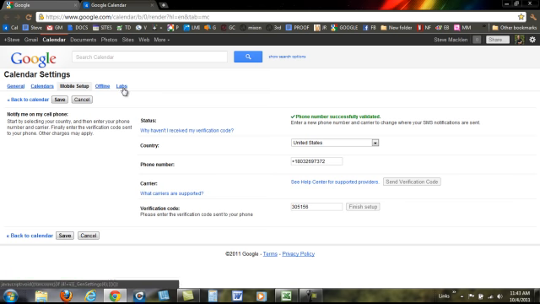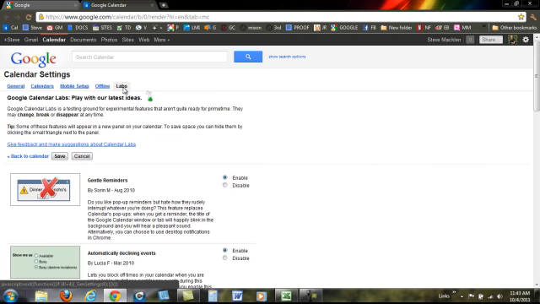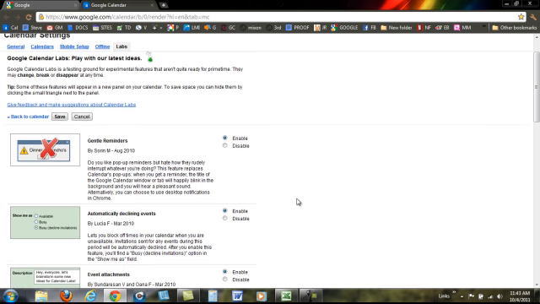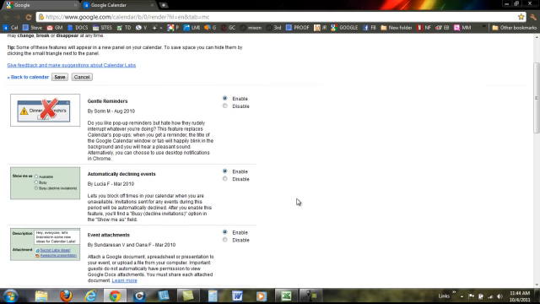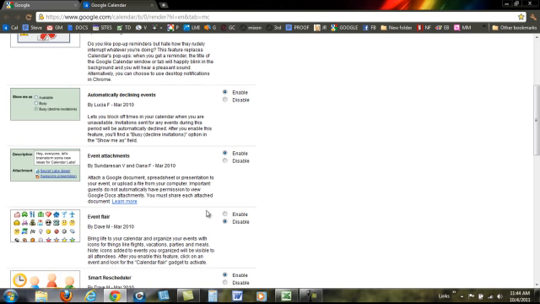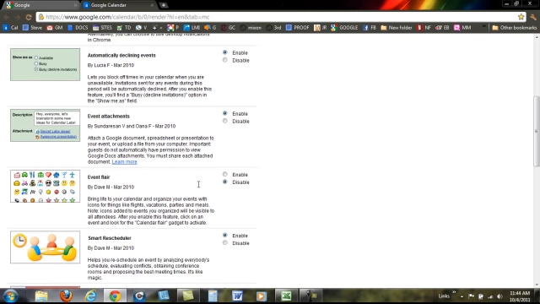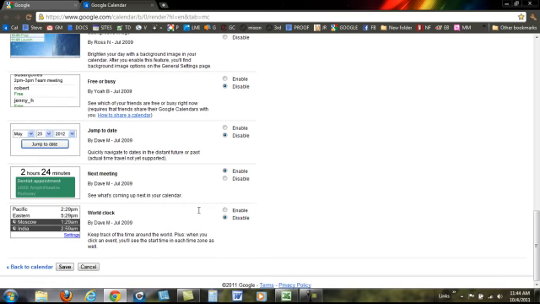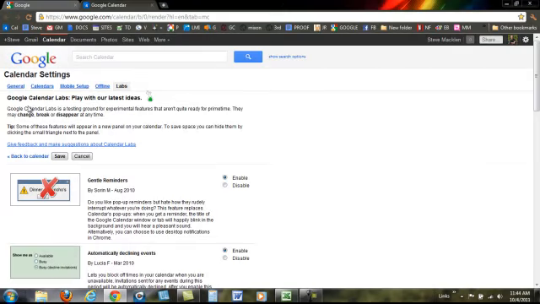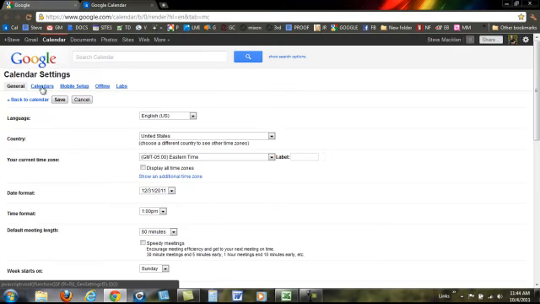In addition, if you click on the Labs feature, you can go down and enable the different features that are very valuable. One particular one I want to point out is event attachments. If you enable this, it will allow you to link to your calendar events, Google Documents, and more. And they will be very important, as I will demonstrate. Once you've gone down and enabled the things you like, just hit the Save button. Now going back to the calendar,